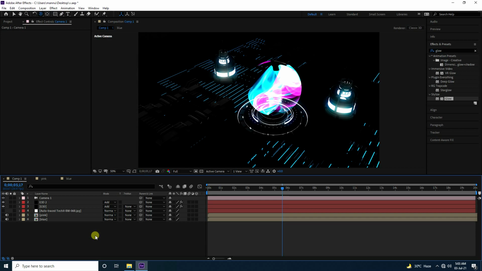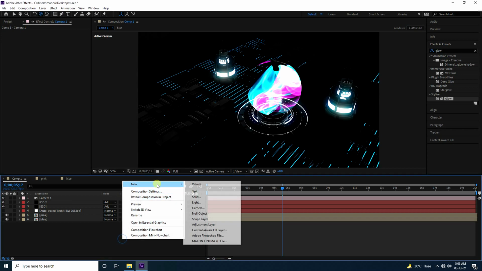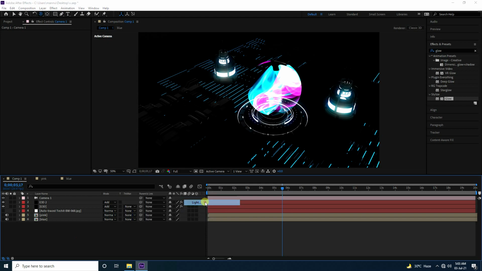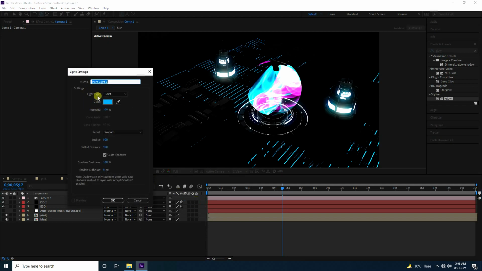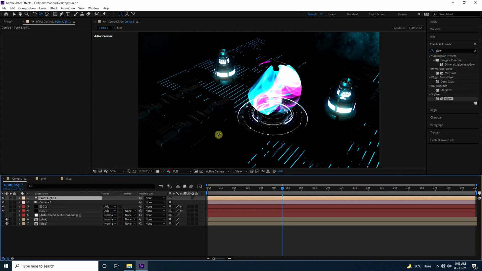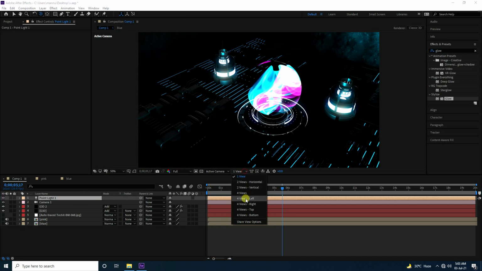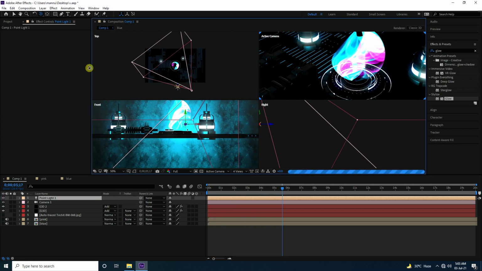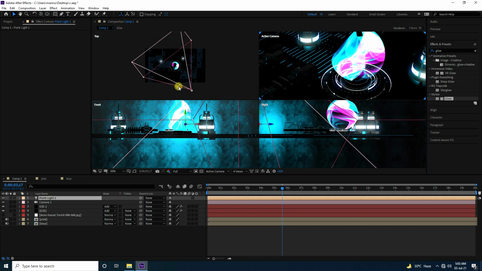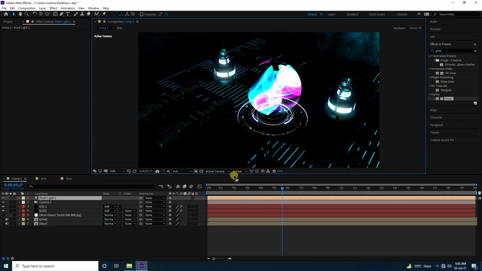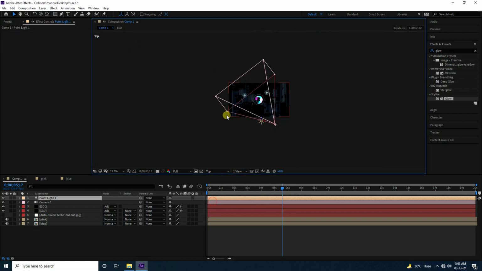Right? Okay, so guys, now second one, I apply light. So take light, this one, yeah, and guys, point light is good, intensity like 150 and color blue, yeah. So guys, I change view angle. So go to top view panel, top view, yeah.